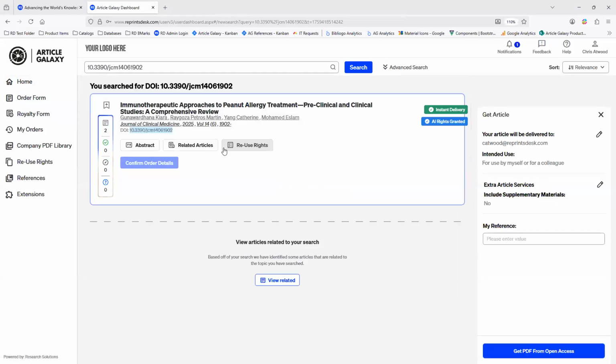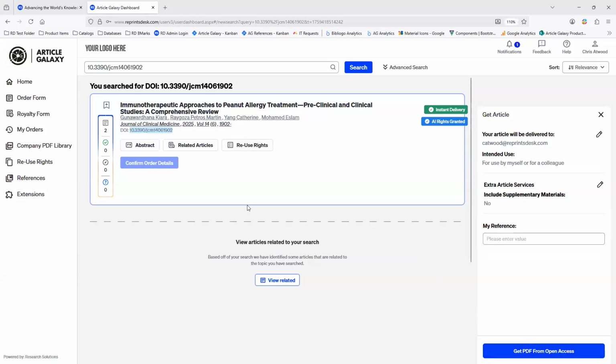This is just a single item. The user says, yeah, this is the item I want. This item is an open access article, and Chris was speaking to this a minute ago related to the CC BY designations versus the CC BY NC designations, and that can get pretty complicated. Article Galaxy has figured all of that out. It's done all the math for you, for the users. In this example, this item is automatically covered. Those rights are already pre-granted because of its open access designation. If I want the PDF, I just click the button, PDF will serve up to me, and I'm on my